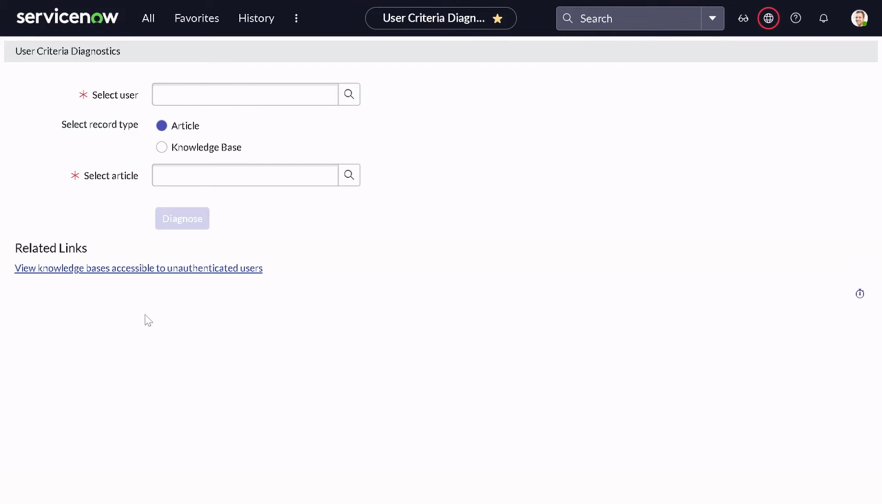I really like this particular thing. Whenever I used to work on incidents, it would always be that a user is not able to see a certain knowledge base or article. Then how do we resolve that? You just have to jump over here, called user criteria diagnostic, and it gives you a privilege. You can simply select the user, for example, if I select myself,